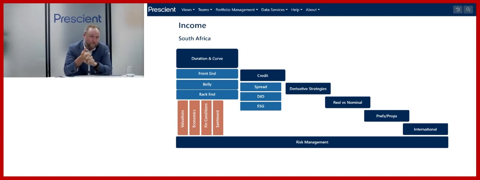Property, that's an interesting one for us at Prescient. Income funds can get involved in listed property. But if you're thinking about a risk portfolio, property unfortunately has those very left tail events. If you think back to COVID, down 65 to 70%, if you look at the SAPI, you need to size that position and be really bullish when you're entering a position on the property side. But in the long run for an income fund, it's a fantastic asset class.